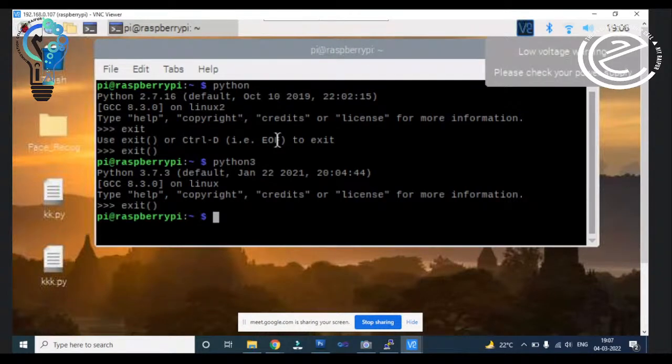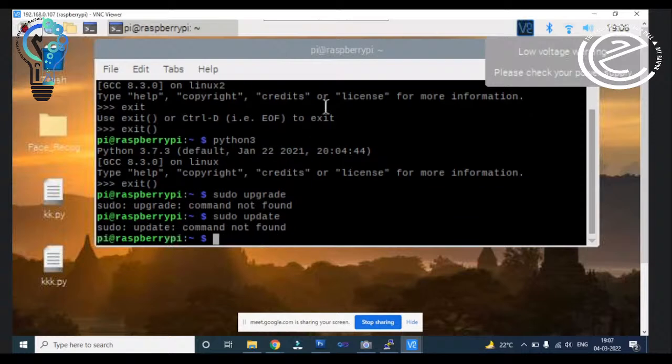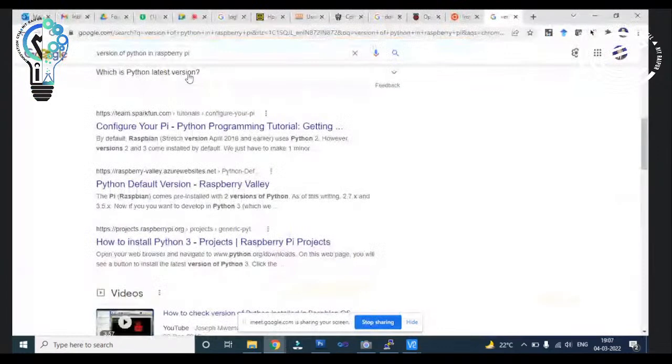The first task is to perform the update. So if you open the Raspberry Pi for the first time as a beginner, then the first task is to update the Raspberry Pi OS, right? So for that, you will write here sudo update. Let me see the command first.